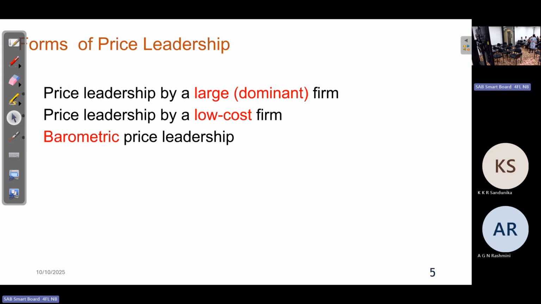It comes to the oligopoly, but the largest market share belongs to Ceylon Petroleum, right? So in that case, we can say that is the large or dominant firm. Whatever price is set by CPC would be followed by the other firms. And it could be a barometric price leader as well. Compared with the other providers, maybe the Ceylon Petroleum prices would correctly include all these market volatilities. Their reading of the market would be accurate compared to the other firms, right? Okay, so what else? Dominant firm examples will come here.